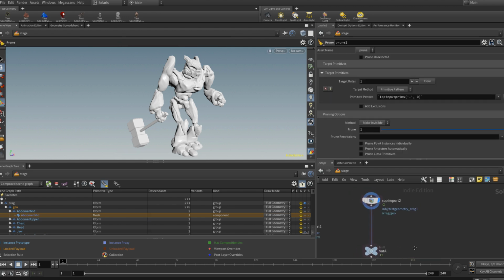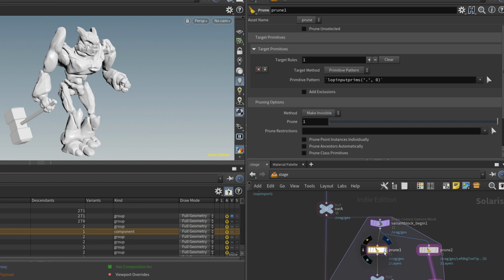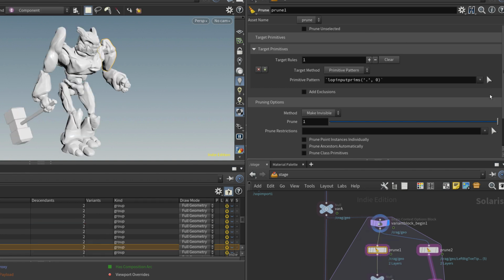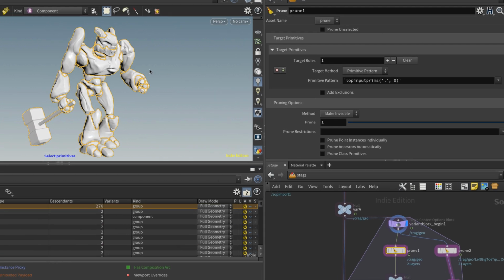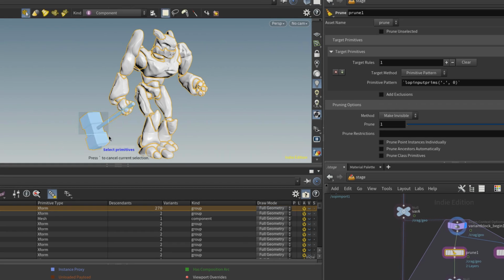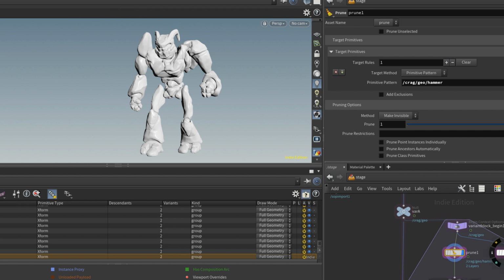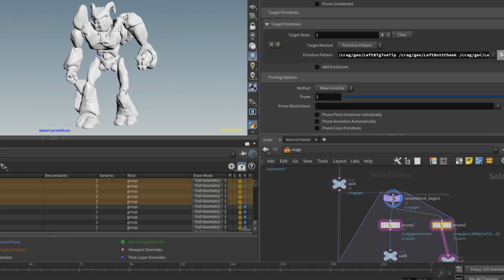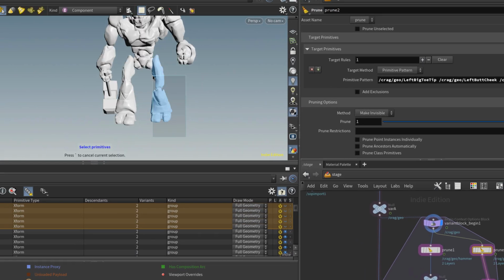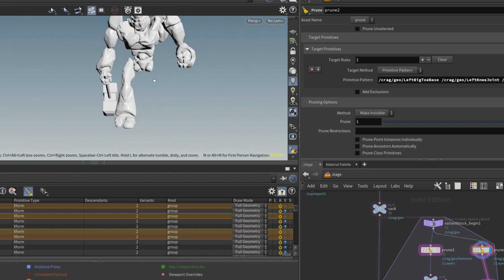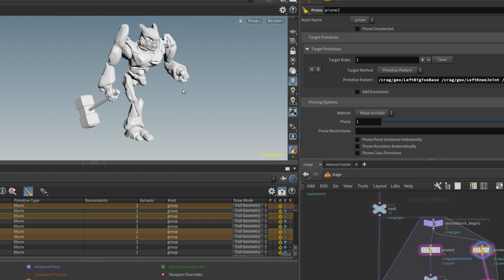And now what's interesting is if we go inside one of these prims, we should be able to select the components of our model. If we want to get rid of this hammer, we can just get rid of it this way. In here, for some reason, we want to remove all these legs. We can totally do that. And thanks to a bit of reorganization, we are able to manipulate the variant much more easily.